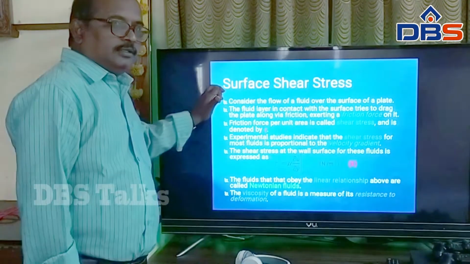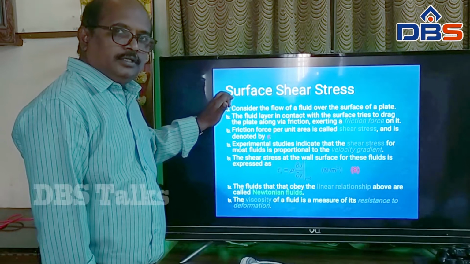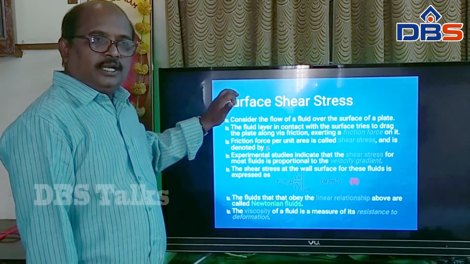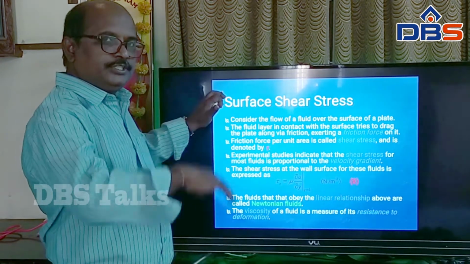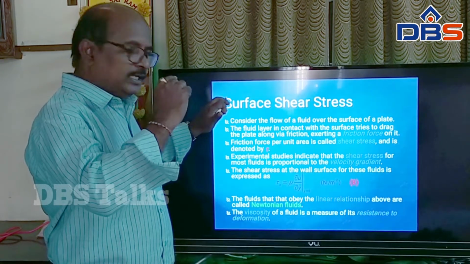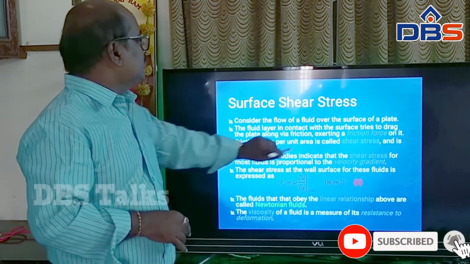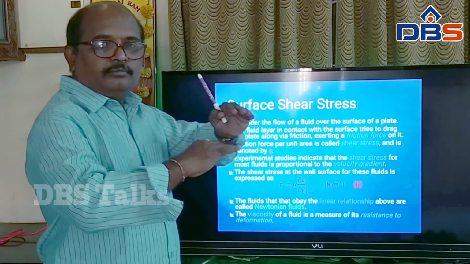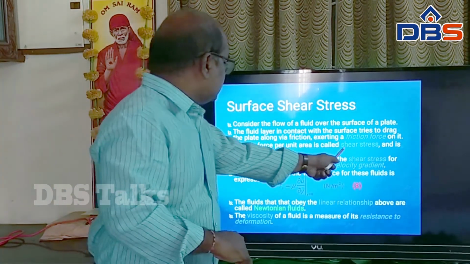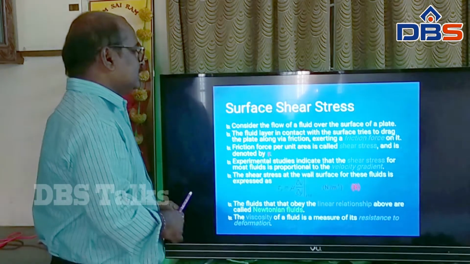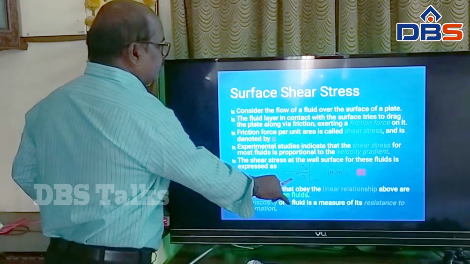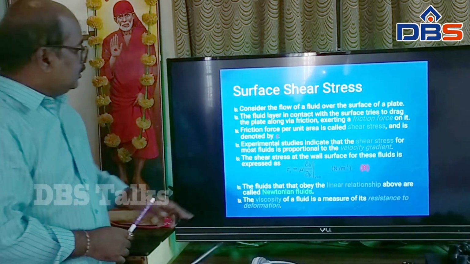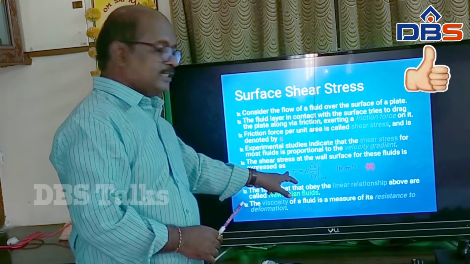And so, in the boundary layer, over the surface the velocity is 0, and there will be very low velocities. Due to low velocities, there are frictional forces. Where there are frictional forces between the layers of a fluid, there will be shear stresses. So how to calculate the shear stresses? Here, shear stresses develop due to the velocity gradient. Due to the change of velocities, there will be shear stresses.